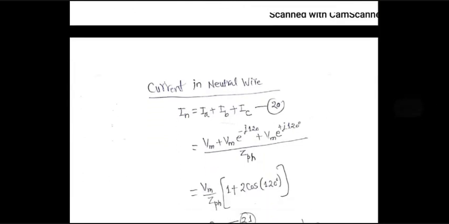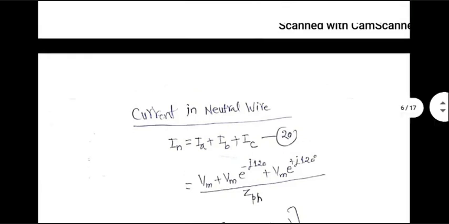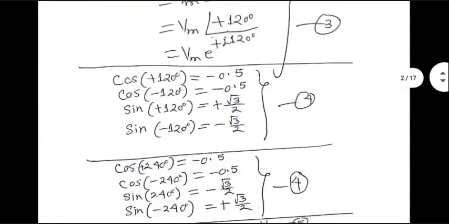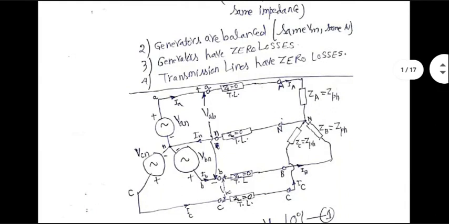Okay. A lot of things here are based on common sense and your physical understanding. Now, in any case, supposing we continue this assumption that everything is balanced and lossless, what happens to the neutral current? Neutral will carry all the currents back. So neutral current, as long as you maintain the direction shown, will be I capital A plus I capital B plus I capital C, which means I small a plus I small b plus I small c.